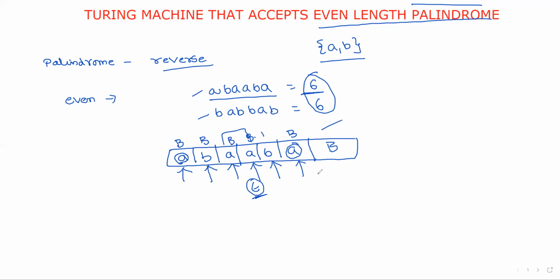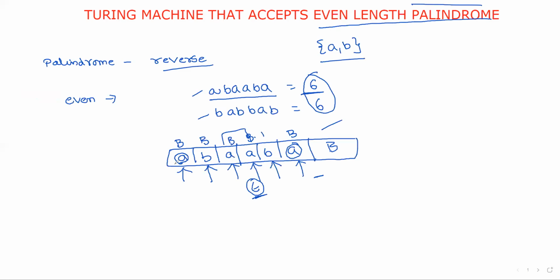Okay. Now we will implement the same thing by considering a transition diagram. Assume initially I am at state Q0. On Q0, what are the two possibilities? Either the string starts with A or the string starts with B. First I will explain the case where the string starts with A.